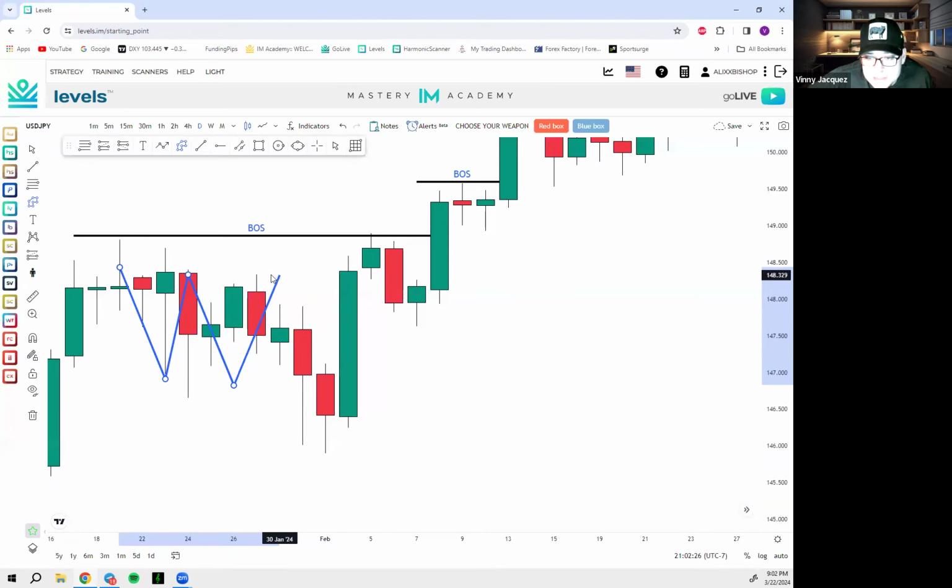Would you move your SL along with the BOS as it keeps uptrending or downtrending, or would you keep it in the low? No, definitely. If you're in profit, bro, and that market's trending in your favor, definitely, obviously, you're gonna want to take some partials, but definitely push your stop loss a little into profit. And I'm not saying like drastic. I know I say that and people are like, oh, I'm up 80 pips, I'm gonna push it up 60 pips. Like, no, give your trade some room to breathe.